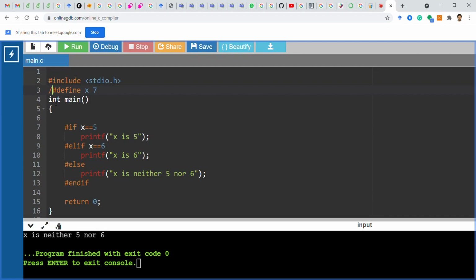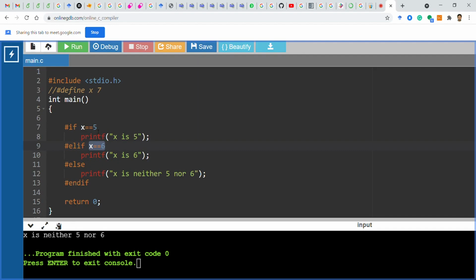Now let's see if I do this one. I mean, if I have not yet defined this one, so what will happen? You are getting this one because since you have not defined this one, naturally the content of x is not 5, the content of x is not 6 because x doesn't exist, right?